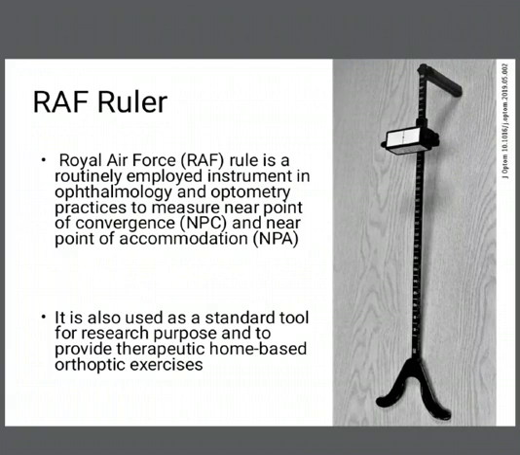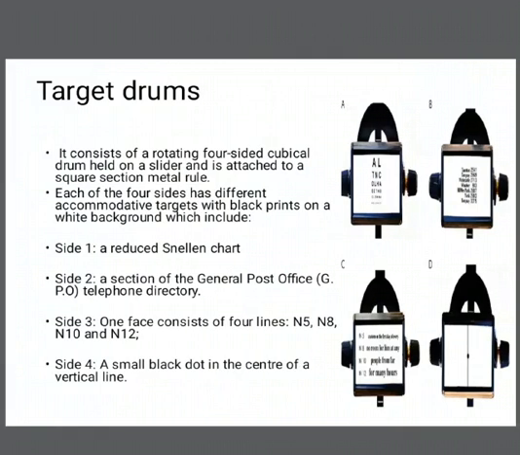It consists of a cheek rest, a square rule, a target drum, and a handle, as we see in this figure. Let's see what the target drum is. The target drum consists of a rotating four-sided cubical drum held on a slider, and the slider is attached to the square rule. Each of the four sides has different accommodative targets with a black print on a white background,